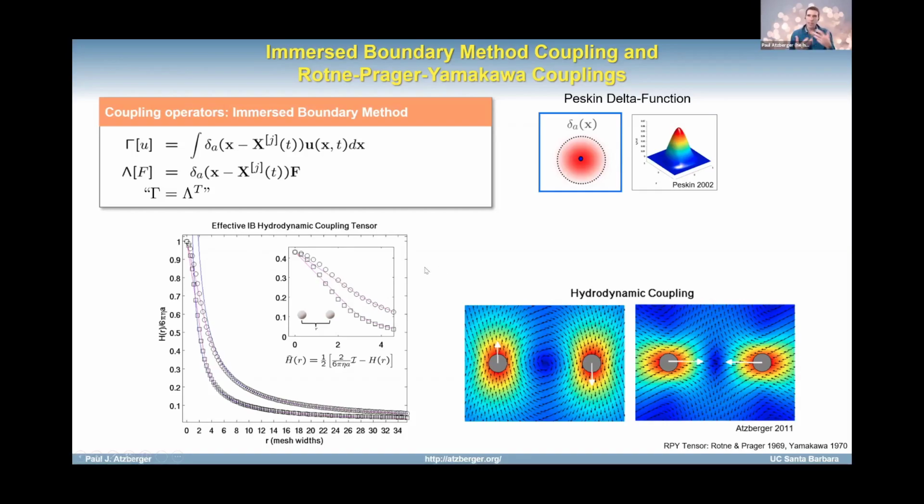So if you're looking to characterize how your immersed boundary method is likely to behave mechanically, I thought this was a useful little trick. You could compare it analytically to the Rotne-Prager-Yamakawa, or you could simply tabulate. I thought that was an interesting connection. They do draw on similar ideas about how they approximate the fluid mechanics, but it's interesting how different communities come up with related ideas. Okay, so that's what immersed boundary particles are doing.